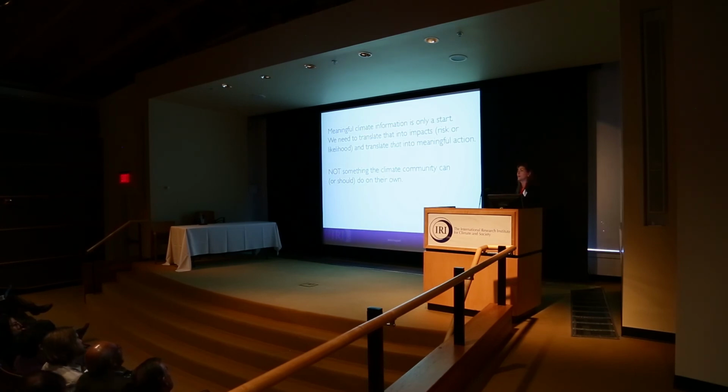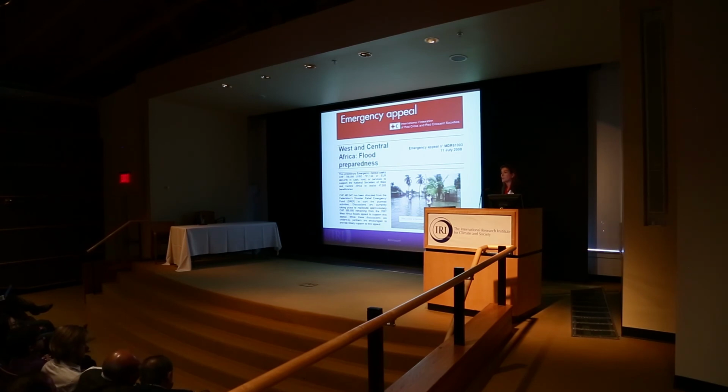So then what are we going to do about it? Meaningful climate information is one critical starting point for a lot of action. But that's not enough. We need to translate that into what it actually means in terms of impacts, and translate that into meaningful action. So I'd like to show two examples, one on disaster risk reduction and another one on